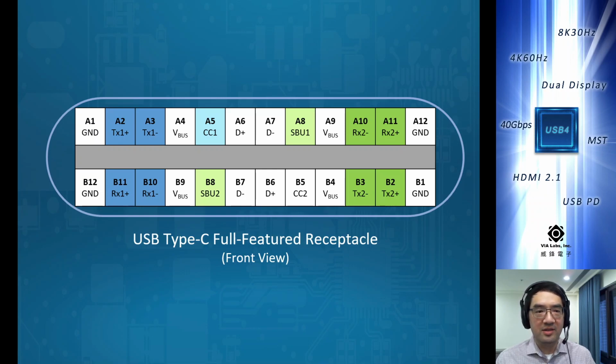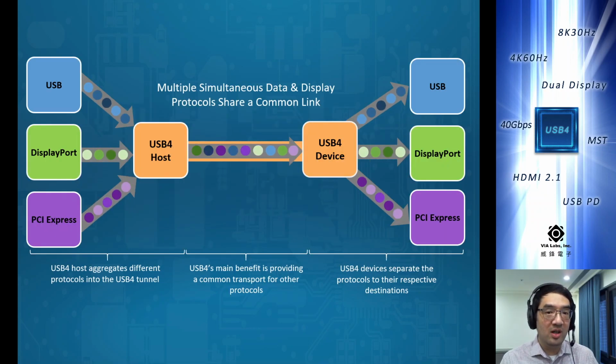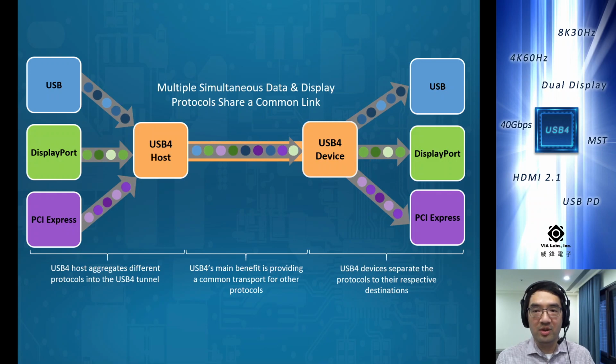So one of the drawbacks of this configuration is that we've taken a single connector and we've essentially split it into 2, and each is running its own independent protocol. So we're not actually able to take advantage of a case where we have available bandwidth on one side or the other side. And this is kind of where USB 4 comes into play. So with USB 4, all 4 gigabit speed pairs are actually running the USB 4 protocol. And this is how we support other protocols.